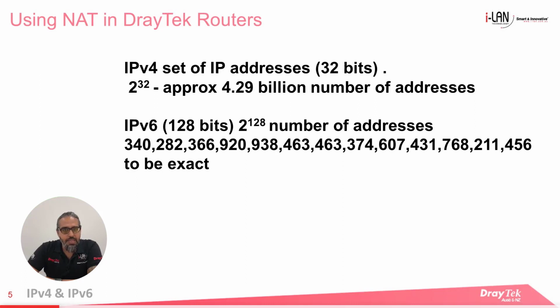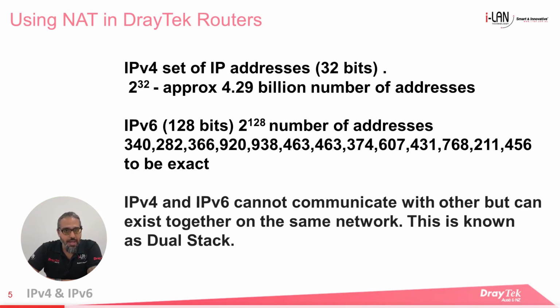One problem is we can't switch every device to IPv6 overnight, because not all devices support it yet. So we have a need for a transition stage where we have both IPv4 and v6 devices on the same network. To allow that to happen, we need routers and switches that can support both simultaneously. This feature is known as dual stack capability. For more details about IPv6, I'll include a link in the description below to our webinar on the topic.